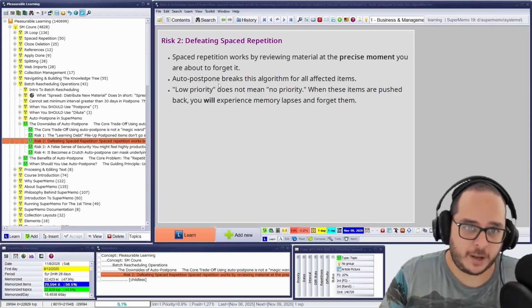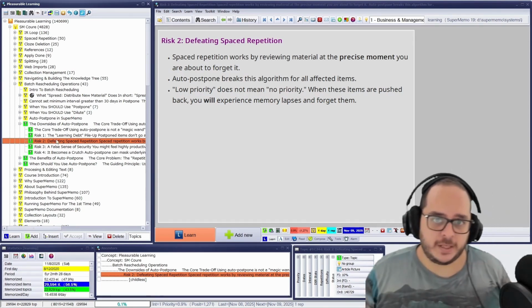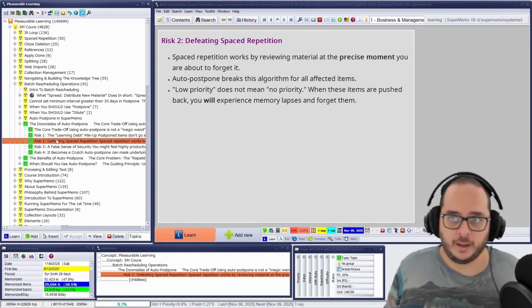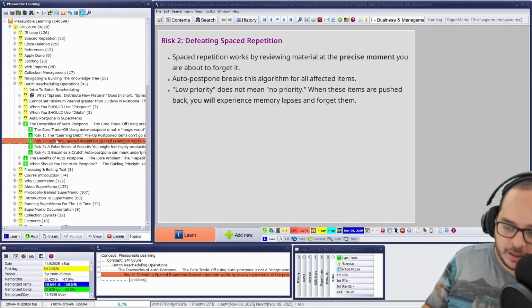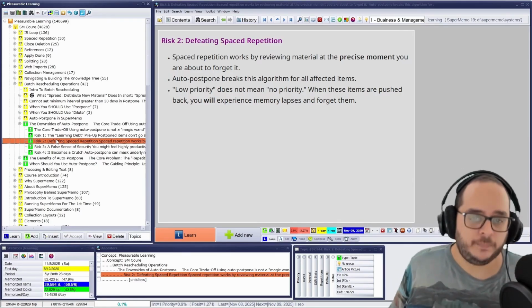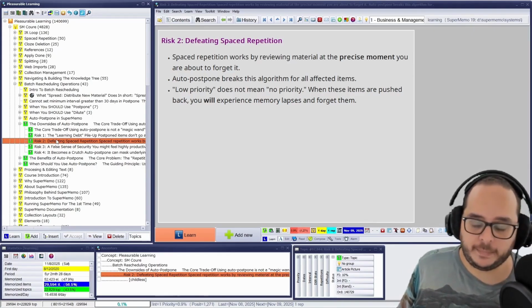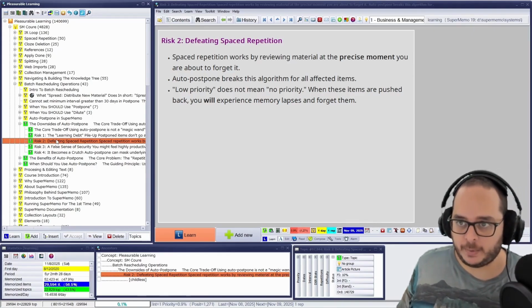Let's continue with the second risk or downside of using Autopostpone in SuperMemo: defeating the spaced repetition algorithm. Why? Because it is calculating the optimal intervals with the goal that you will need fewer repetitions to keep those facts in long-term memory.